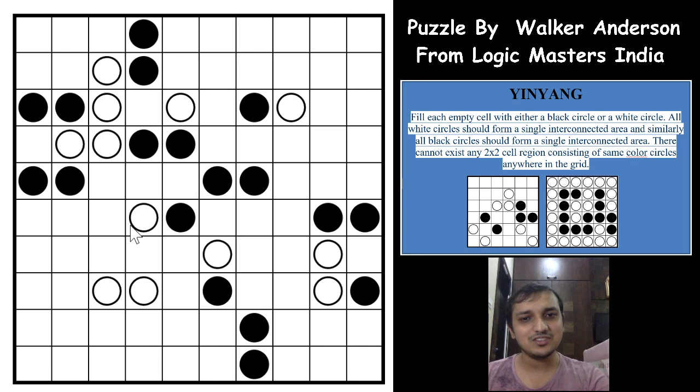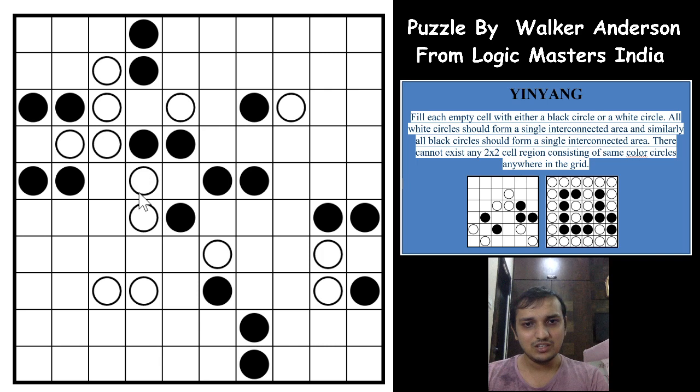What a great puzzle this is. If you see, that trick has helped us to start this puzzle very easily. We haven't solved it yet, but it has an amazing start, and without the trick this puzzle would be very, very hard. So we again formed an instance here, which means that this circle has to be white. A white circle will have a white circle near to it.